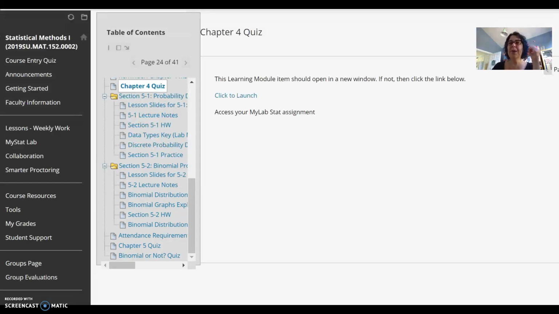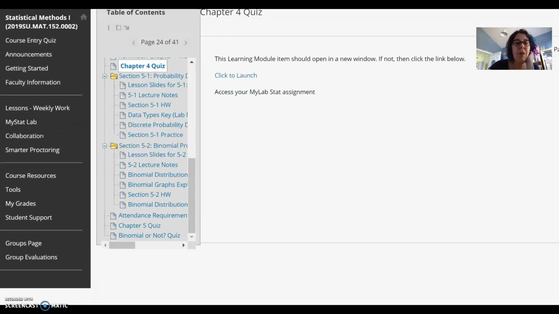We're not going in there. Binomial is more important to us because if you learn the binomial, we can tie it into the normal distribution. We can tie it into statistics. So this is how it's going to form, hopefully, and then you're going to have your Chapter 5 quiz, which will be due next Wednesday. And then you have a quiz, binomial or not. So this is about week 3, probability embraced with statistics.